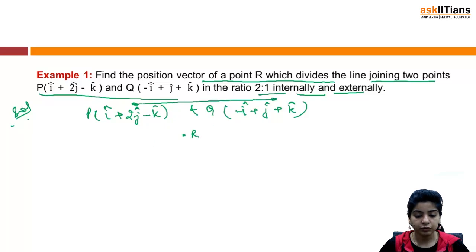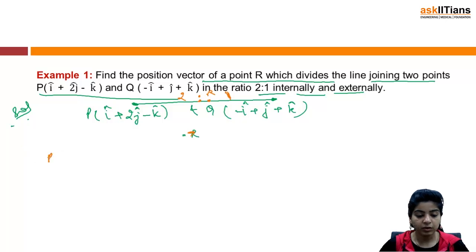In fact, we should have drawn it in this way. I need to find the position vector of R which divides it in the ratio 2:1. So this is my M is to N, and I need to find out this vector r. How do you proceed? As we have just now discussed in the last question,